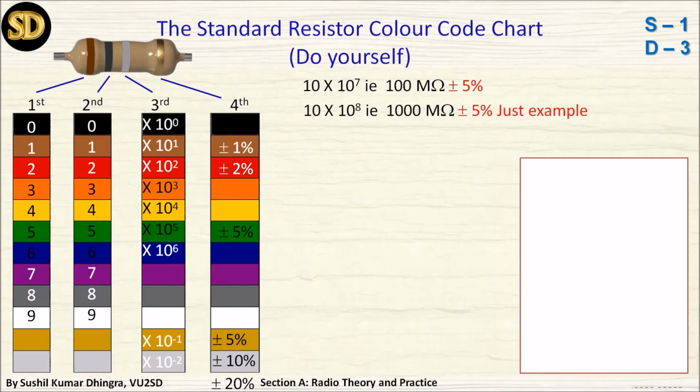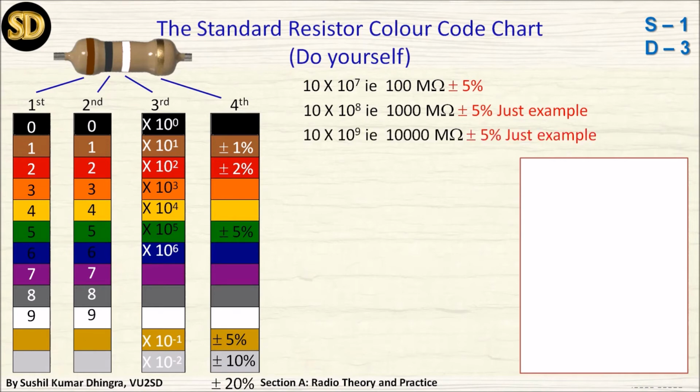It is just an example. It comes in the range of insulators somewhere, but to help you understand the concept, I am using this. You will not find this in the market. Now next is the white ring on the third color band, 10 into 10 raised to the power 9.